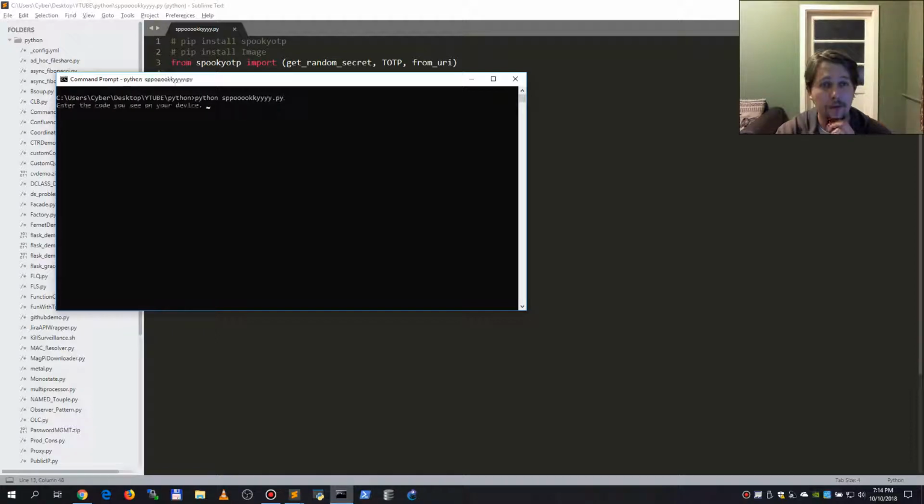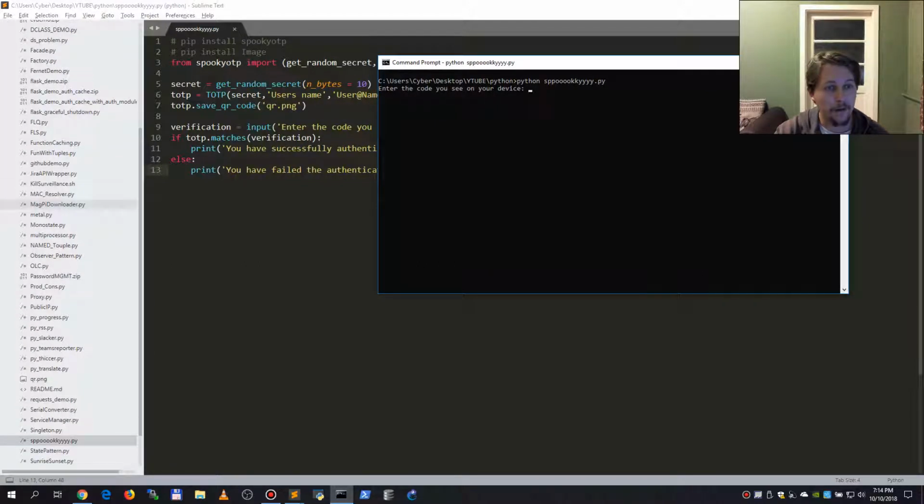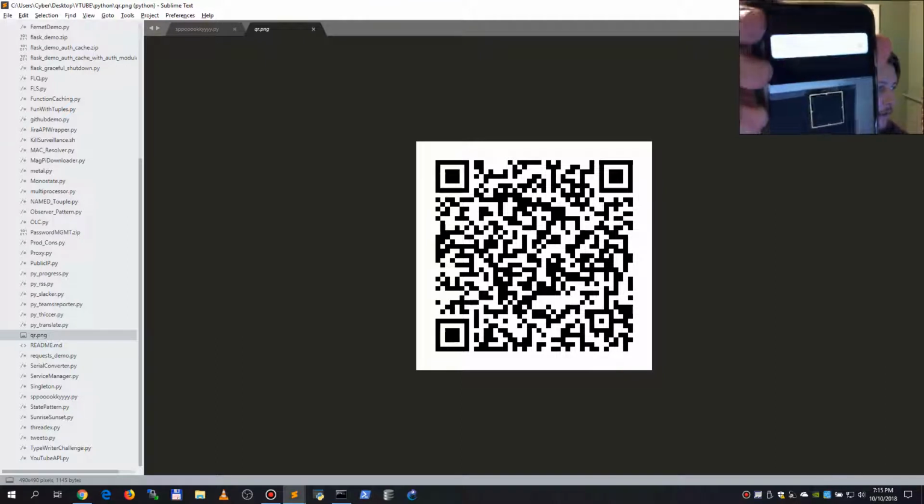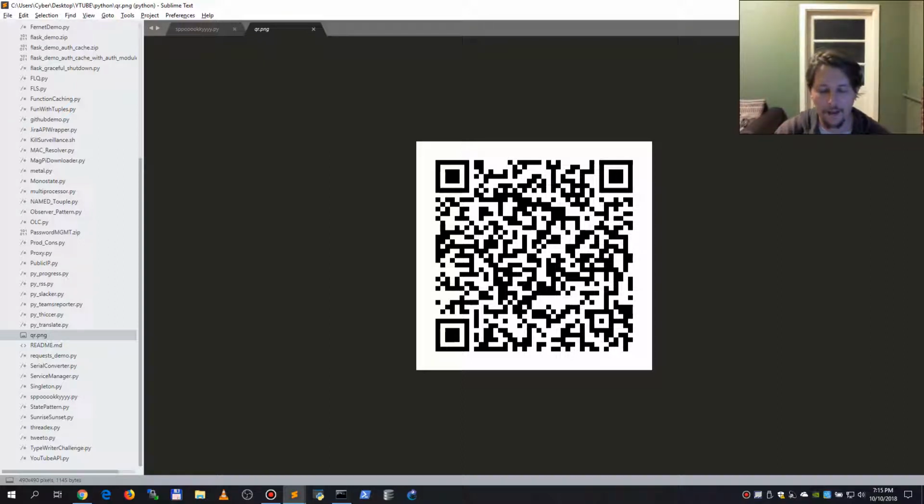what we need to do is run this SpookyOTP, and if everything is right, we should have a QR code. So now I have the app installed on my mobile phone. I'm going to read this code, and as you can see, it wants me to open this authenticator app. It asks me if I want to add the user, and you may be able to see here what my username is, and I have the code